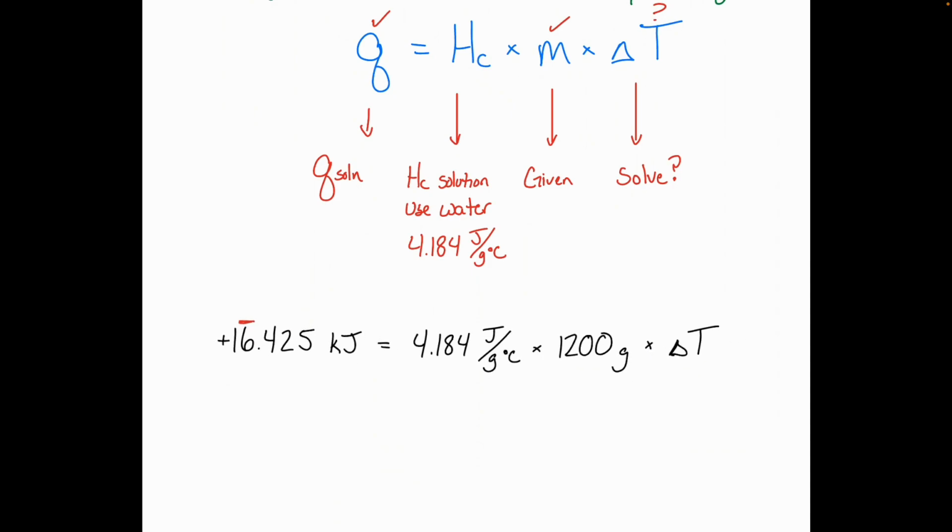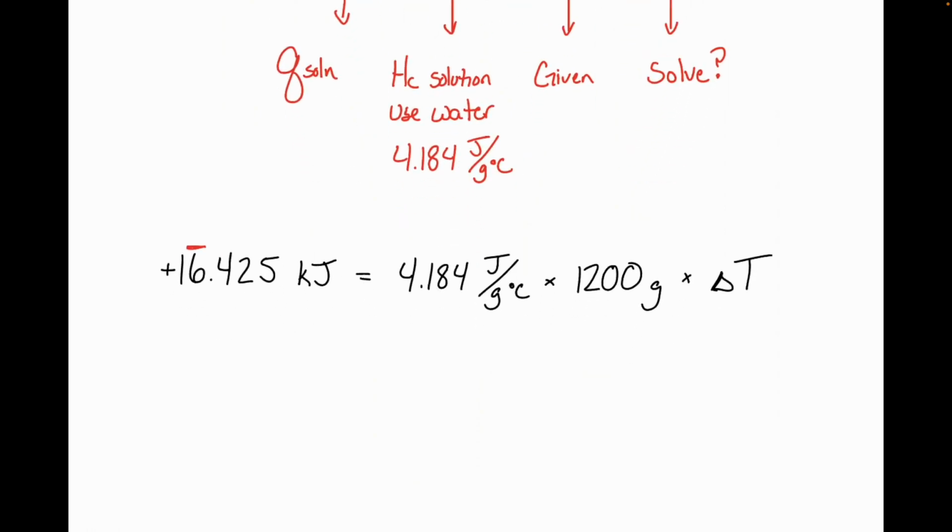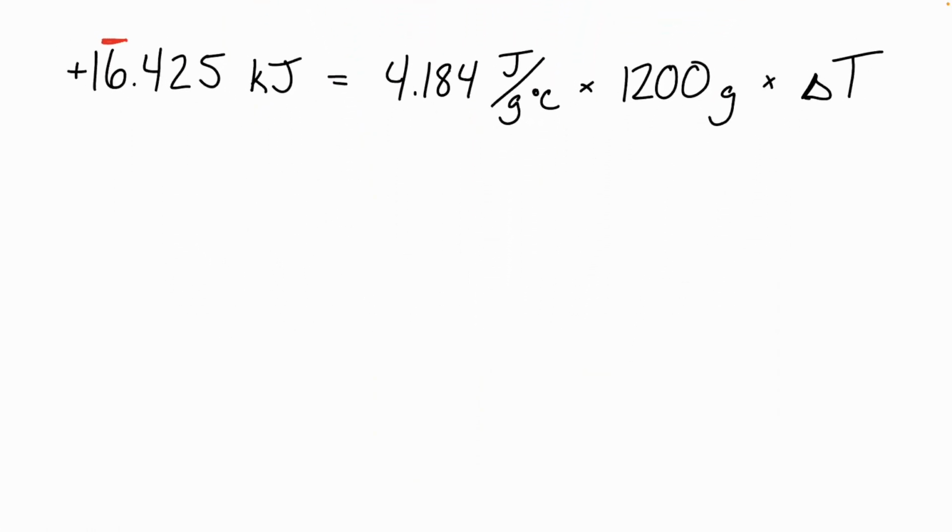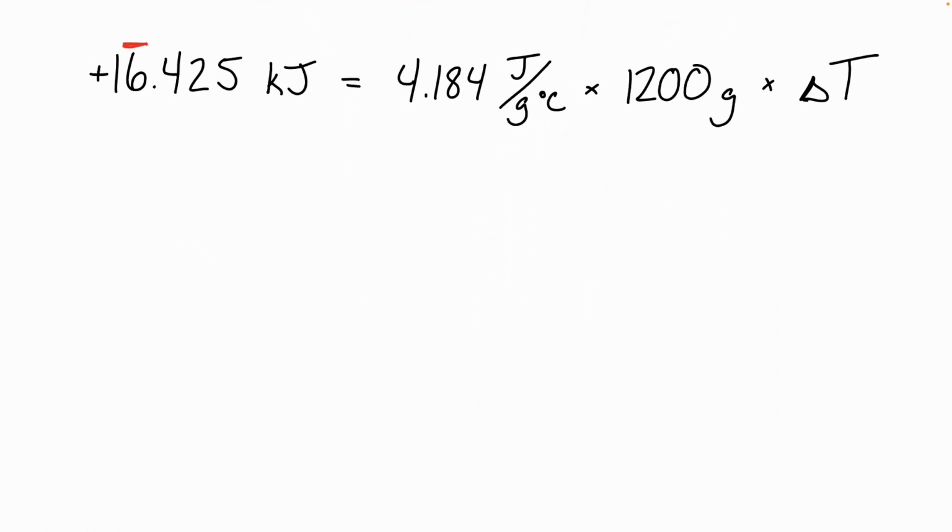All right, so now we just have to solve for that missing variable. Before we do that real quick, I want us all to pay attention to our units here. We have a units problem here. At the end of the day, what should I be left with units of if I'm solving for a delta T? I better be left with temperature units, right? Degrees Celsius. But I have two units that aren't going to cancel out with one another in this problem to leave me with just degrees Celsius.